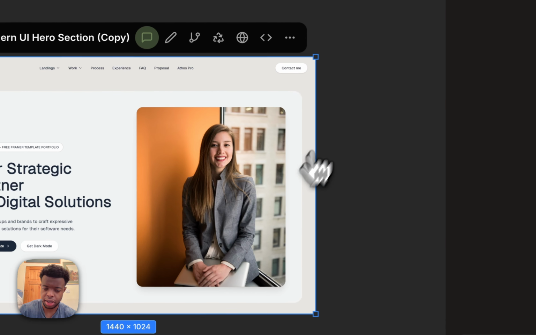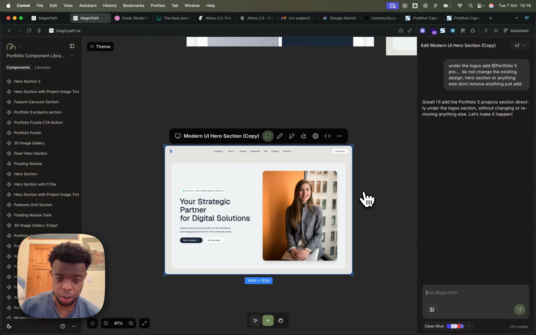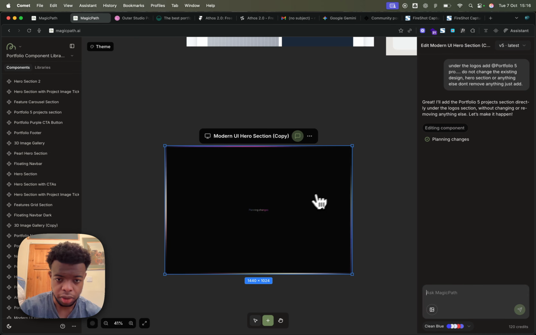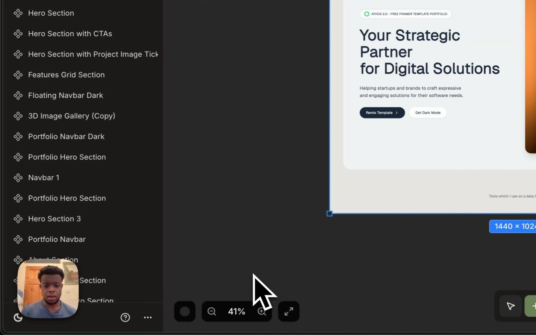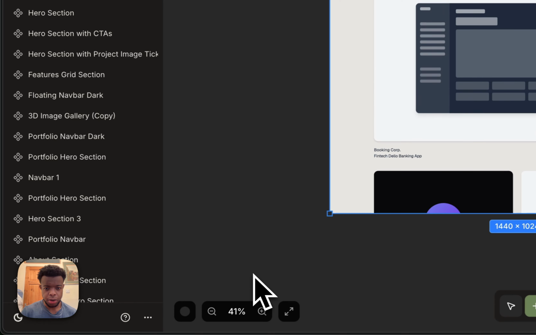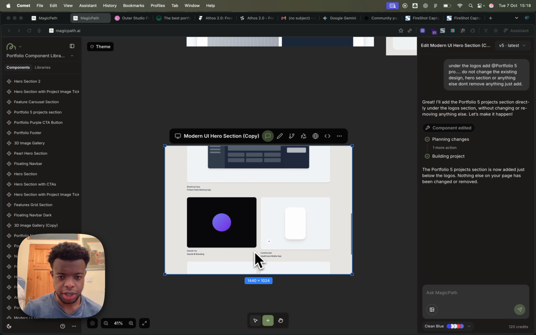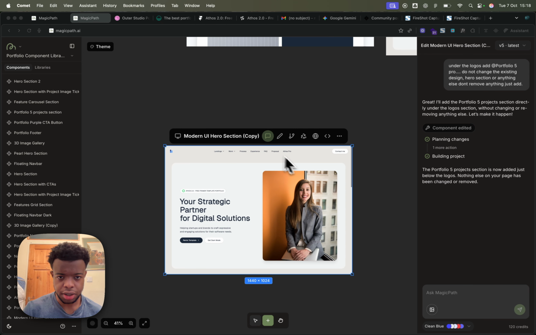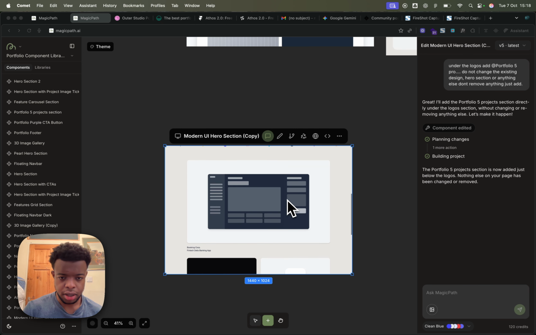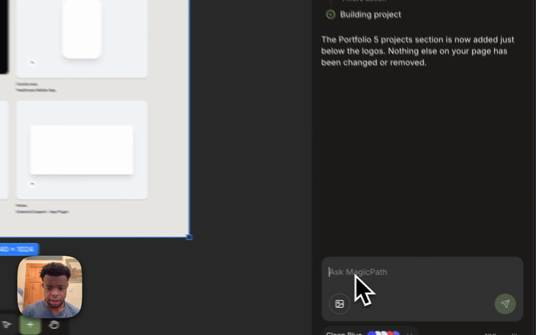Yeah, sometimes because the AI is not perfect, it will just go ahead and redesign the whole thing without you actually giving it some guardrails and constraints. And perfect, we've got our project section. Now we can just ignore these images, we'll change them later. So we've got our section, we've got our navbar, we've got our hero section, and now we can add the